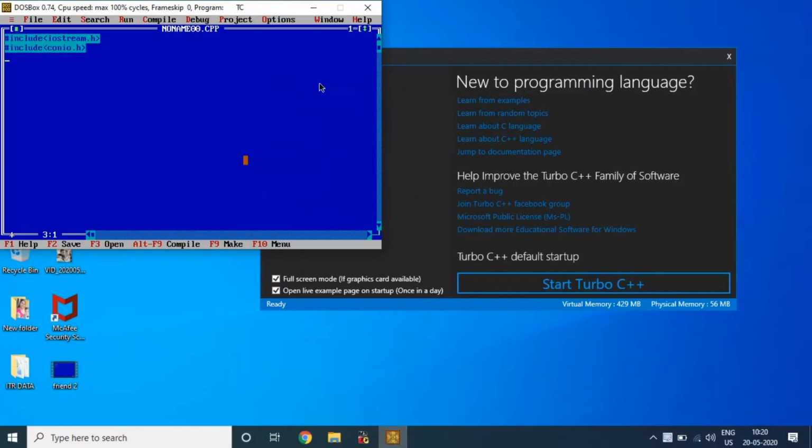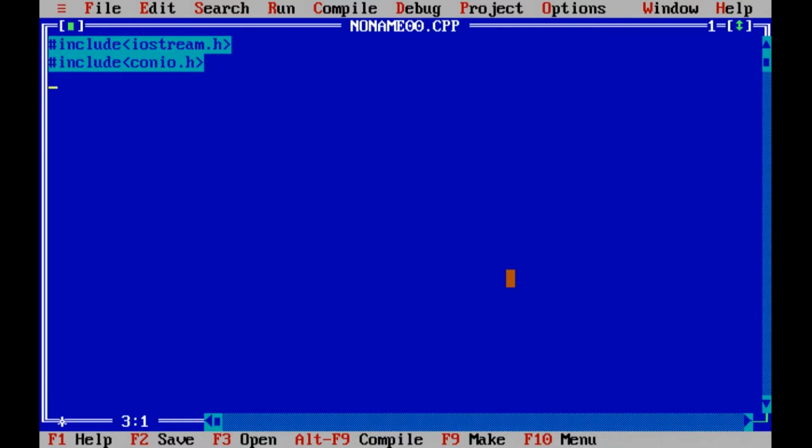Students, now we can see how we can create a class in C++. So this is our C++ compiler where we are going to write the program. Initially we have to declare two header files. First is iostream.h and second one is conio.h. After this, students, now we are going to create a class. So suppose the class which we are going to create is student. So the name of the class is student. Initially we can write the class keyword.